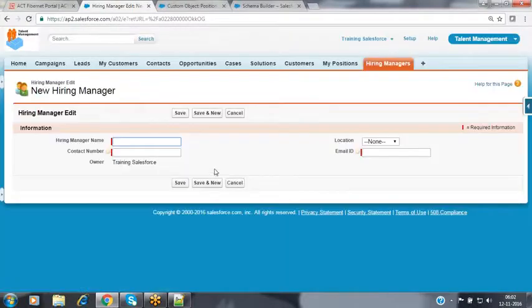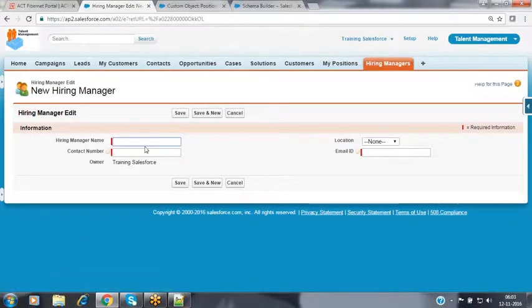I'm creating one more. Now some Swati. Contact number, I'm entering some value. Location is some Bangalore. Email ID, some Swati@gmail.com.